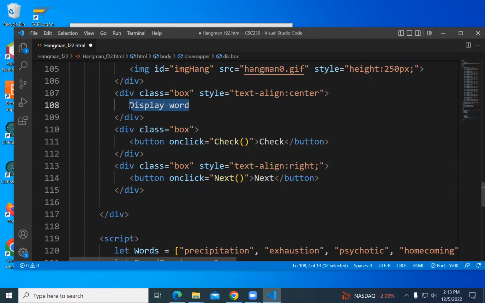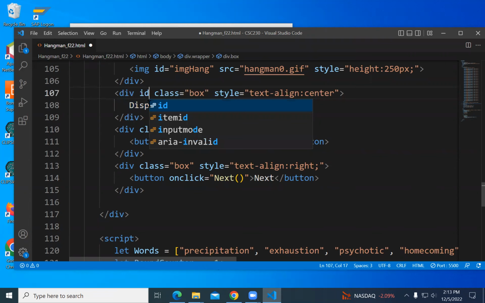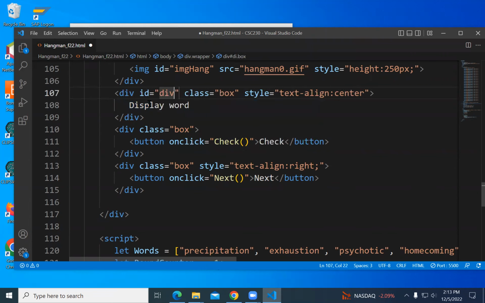Do you just want to give the div an ID, or do you want to put a span in there? Just choose the div. Okay, so let's give the div an ID. I'll call it div display.